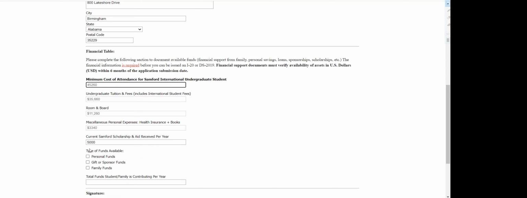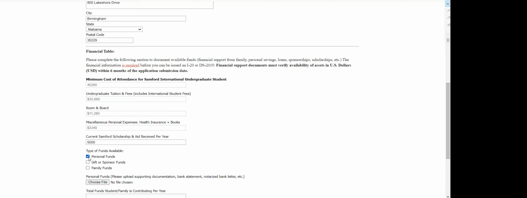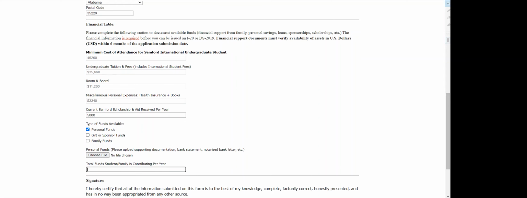Next, let us look at the types of funds available section. There are personal funds, gift or sponsor funds, and family funds to choose from. If I were an international student paying for some of my attendance cost, I would select personal funds. And then I would upload the appropriate documents to prove that I have at least, let's say, $10,000 for school. Any financial documents uploaded need to show amounts in US dollars and be dated within 6 months of the date